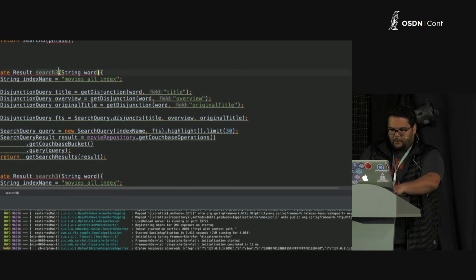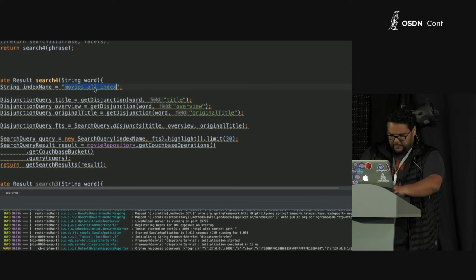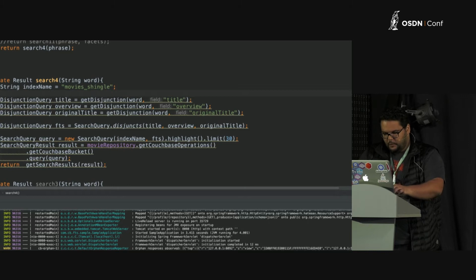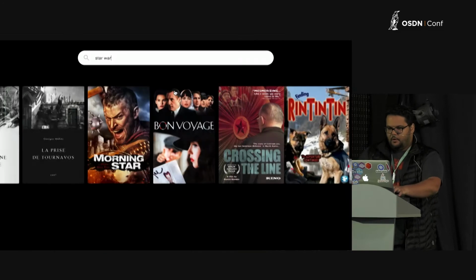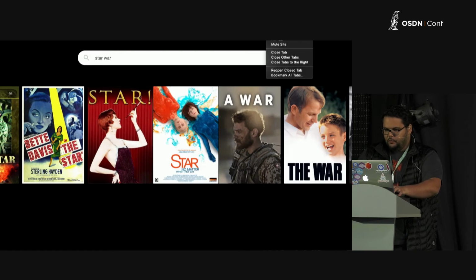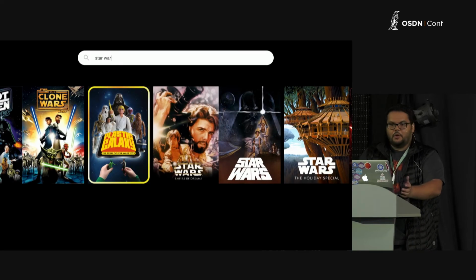And with search for, what we can do is to simply change the index name. So same thing we have been doing in the past, but with a different index using shingles now. Okay, let's recompile. We can come back here now. This was our last. Let's duplicate again, and then search for Star Wars. Okay, so we are getting there, but